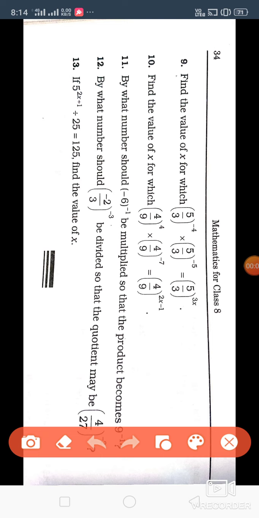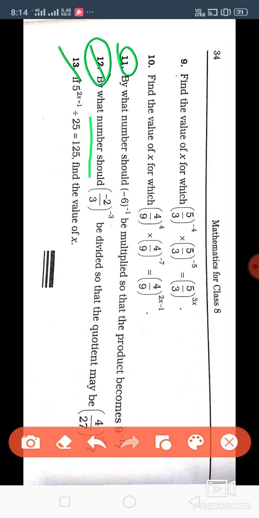So, in our previous classes, we were doing the chapter on exponents and we have completed up to question number 11. Today we'll complete questions 12 and 13, and tomorrow we'll start the same chapter but the next exercise. So, today we'll see question number 12. Okay, how to solve. But before solving, just read out the question.